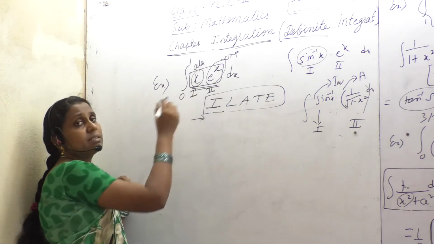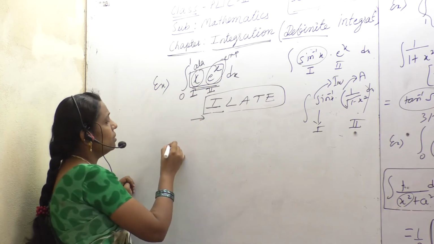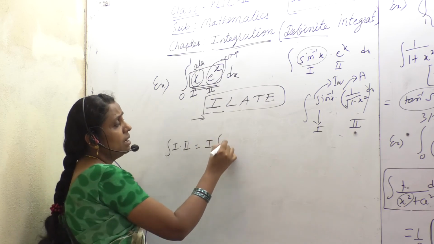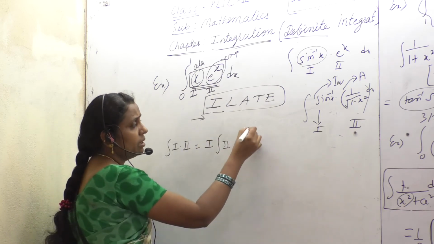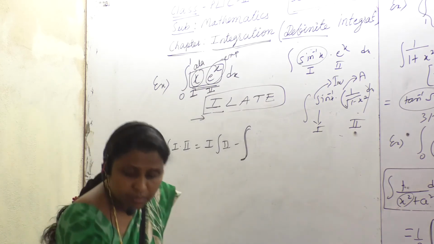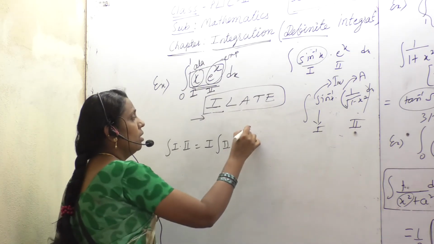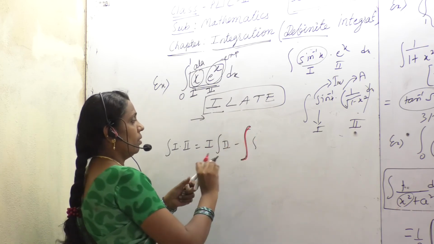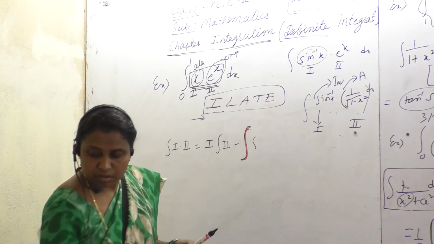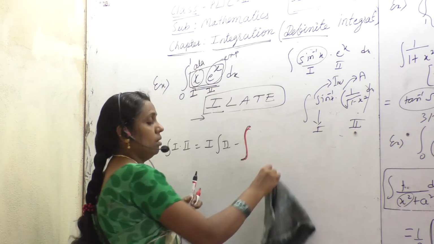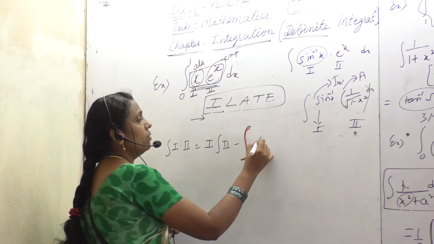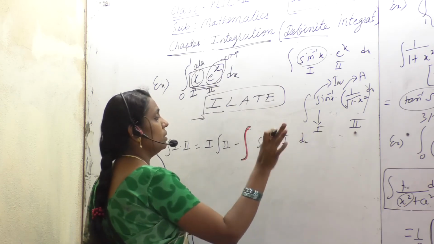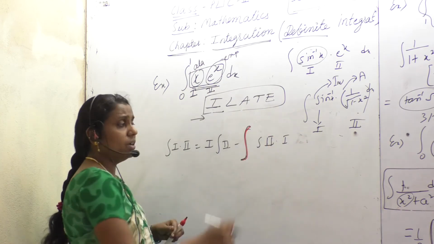Okay. Now let us start with this one. What does the rule say? First into second is equal to the first function as it is, integration of second, minus integration, big integration you put, I will use a red marker there. Next again, integration of the second function and the derivative of the first function into dx. Okay, this is done. Understood.